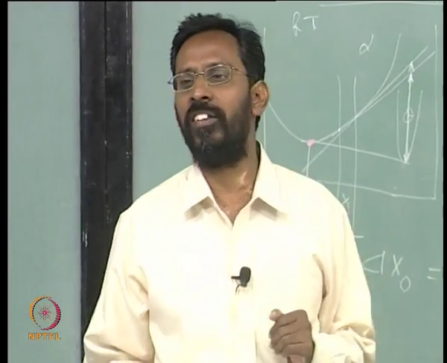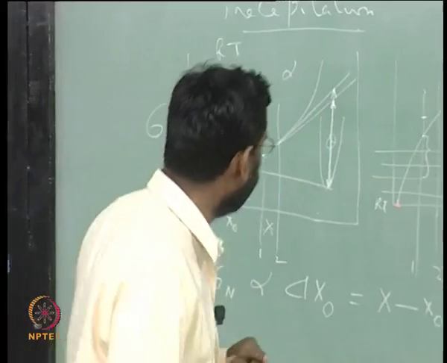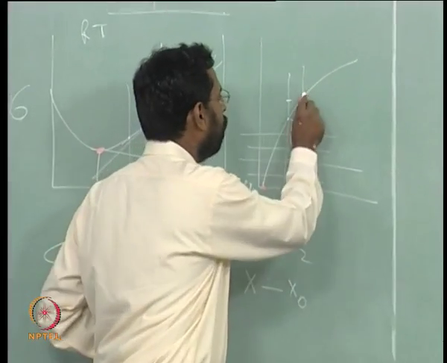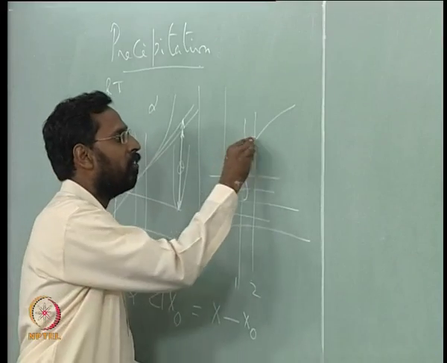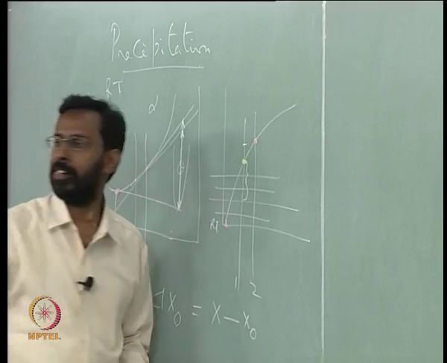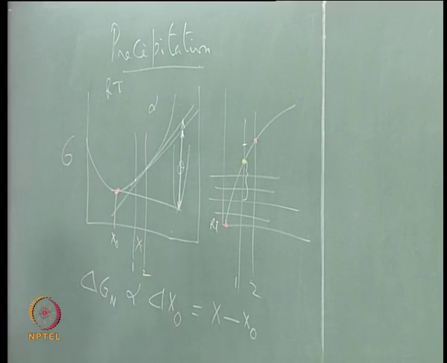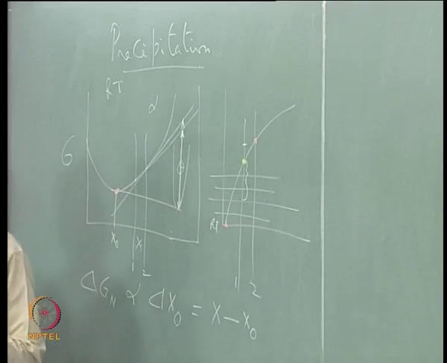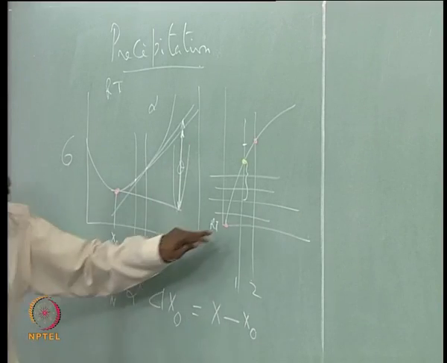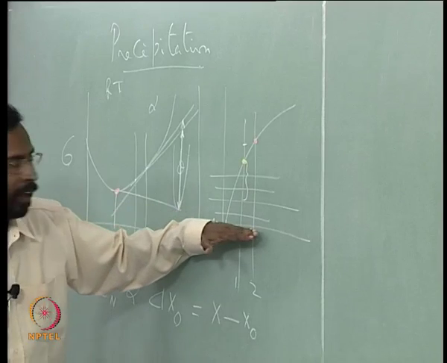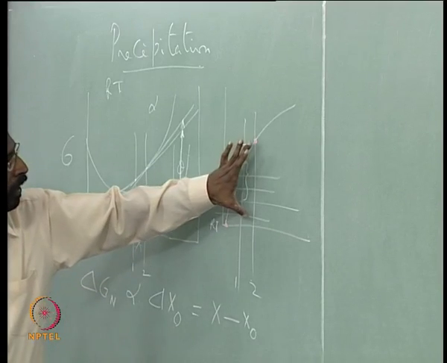The solvus temperature is changing. Whenever I change the alloy composition, for example alloy 2 has a different solvus temperature, this is the solvus temperature here and this is the solvus temperature in this particular case. Because the solvus temperature is increasing as I increase the solute content, and if I fix my transformation temperature where the actual transformation is going on at a fixed temperature, now you see the difference between